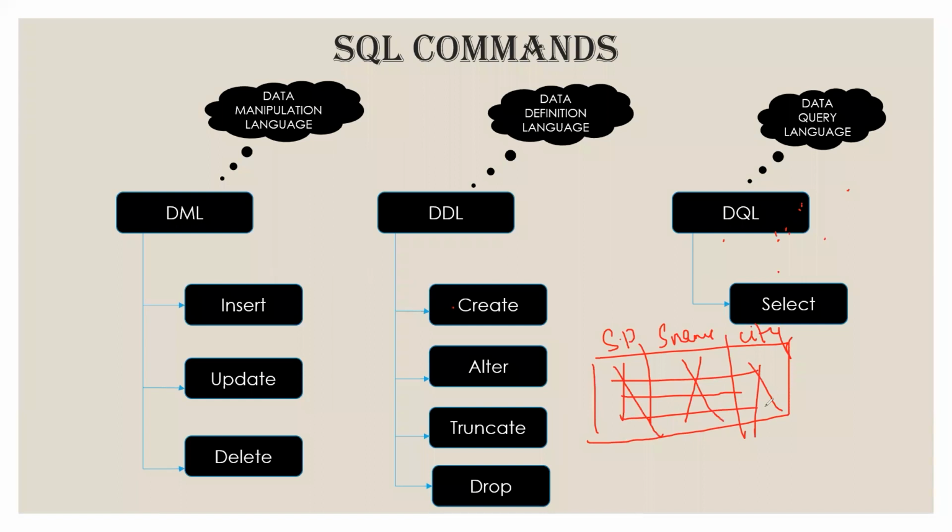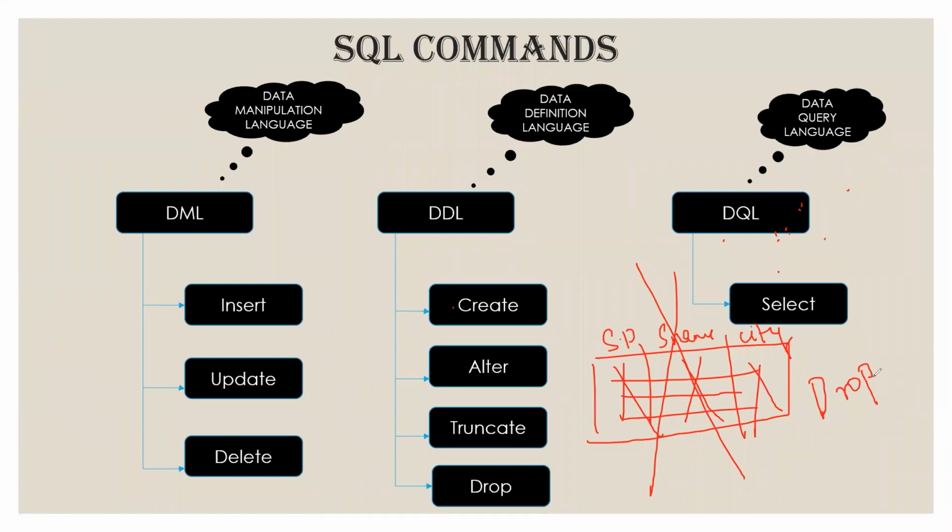If you have such a requirement, because I'm going to use the same table structure for some other entries, then you have to go for truncate. So only the records inside should be deleted, but the table structure has to be maintained, then go for truncate. I want the structure also to be deleted, the entries inside the table also to be deleted, then go for drop.